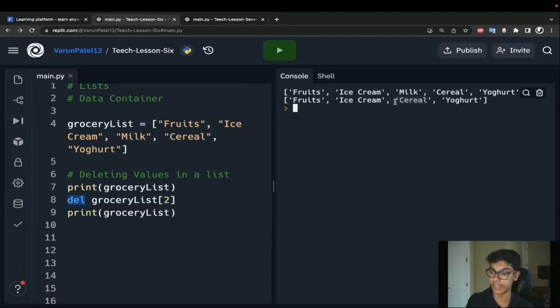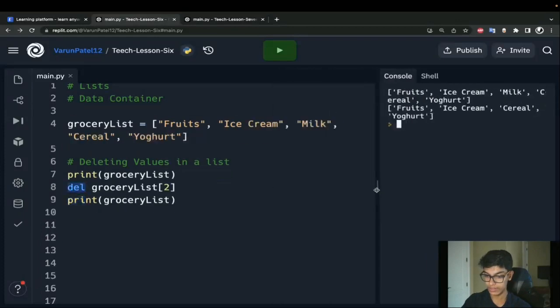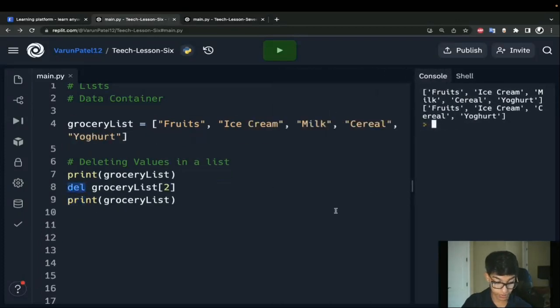It's shifted down. So for the first two items, it doesn't really make a difference. Fruits and ice cream doesn't make a difference. But for everything that came after the milk, the index has shifted down, if that makes sense. Cool. So that's deleting values from a list. So does that make sense? Changing and deleting values. Because now we're going to talk about adding values, and that's where it's not as simple. I'm seeing a yes from Maria.